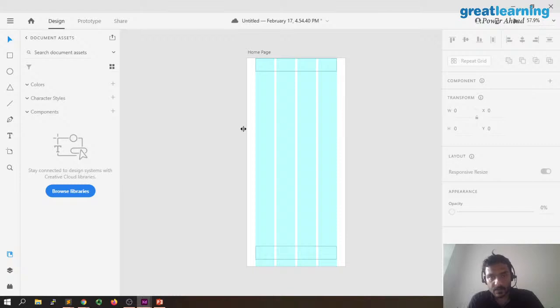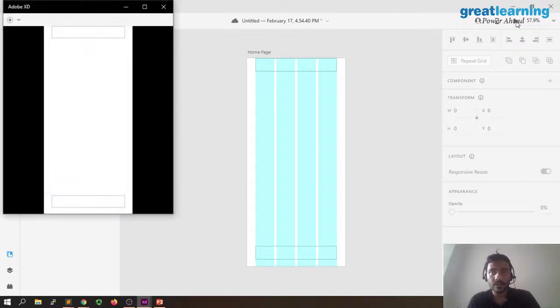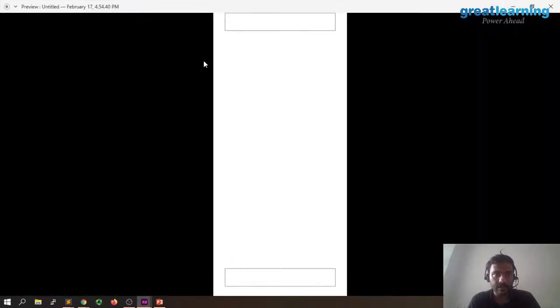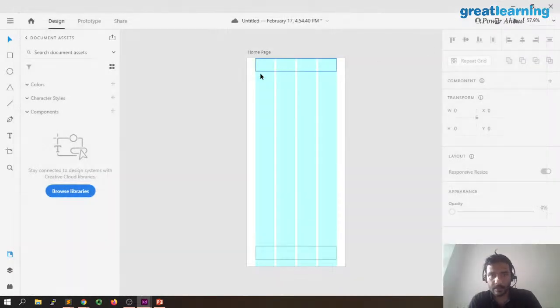Okay. So phones have become a lot larger these days. You guys can see this is what you will look at if you open a phone. So let me just show you the prototype of it. Basically, this is what it's going to look like on a phone, right? Okay. Now, this is basic stuff where you just drew lines.